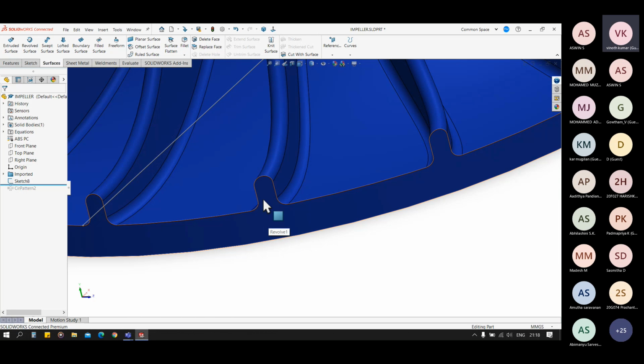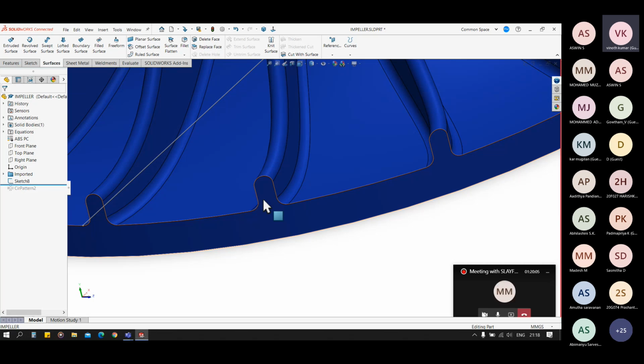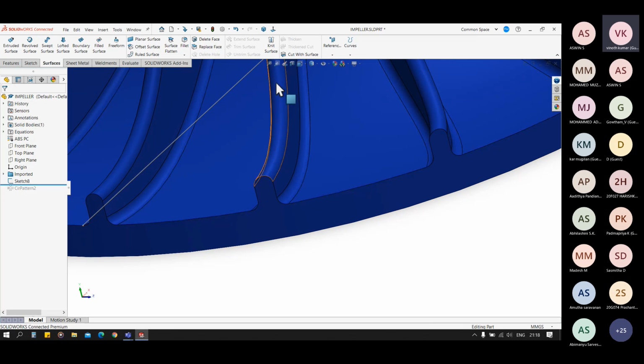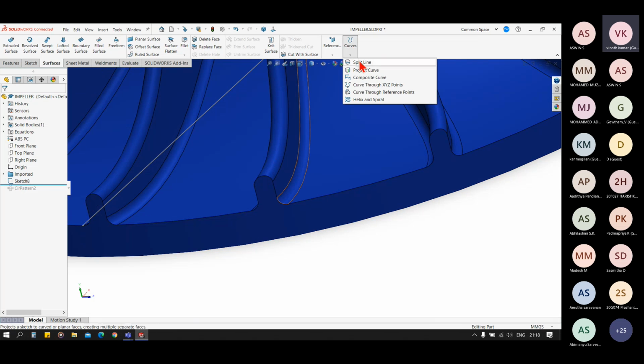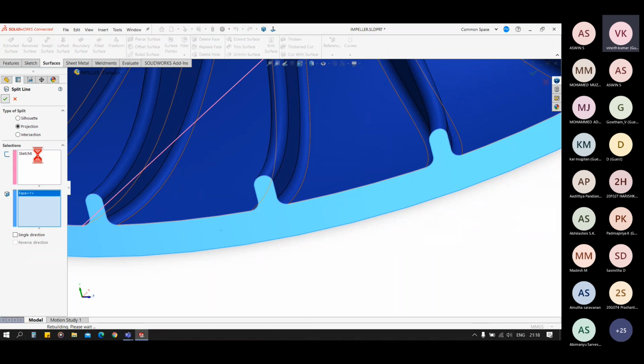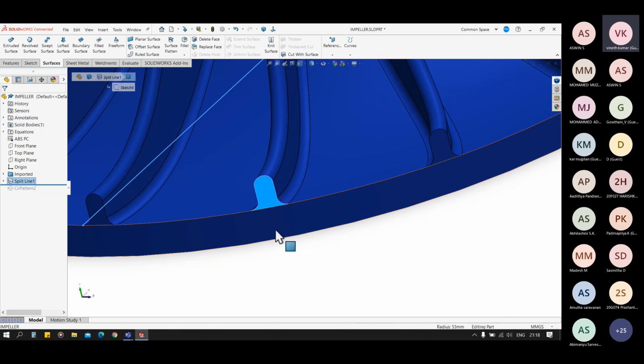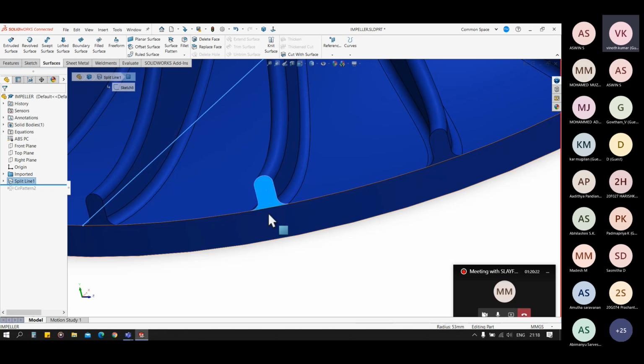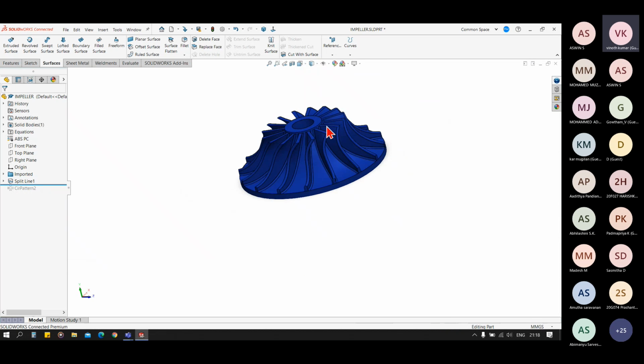That means it will split the surface using that line. Now in the curves use split line, select the sketch here, select the face here, click on OK. You can see we have split the surface into two faces.